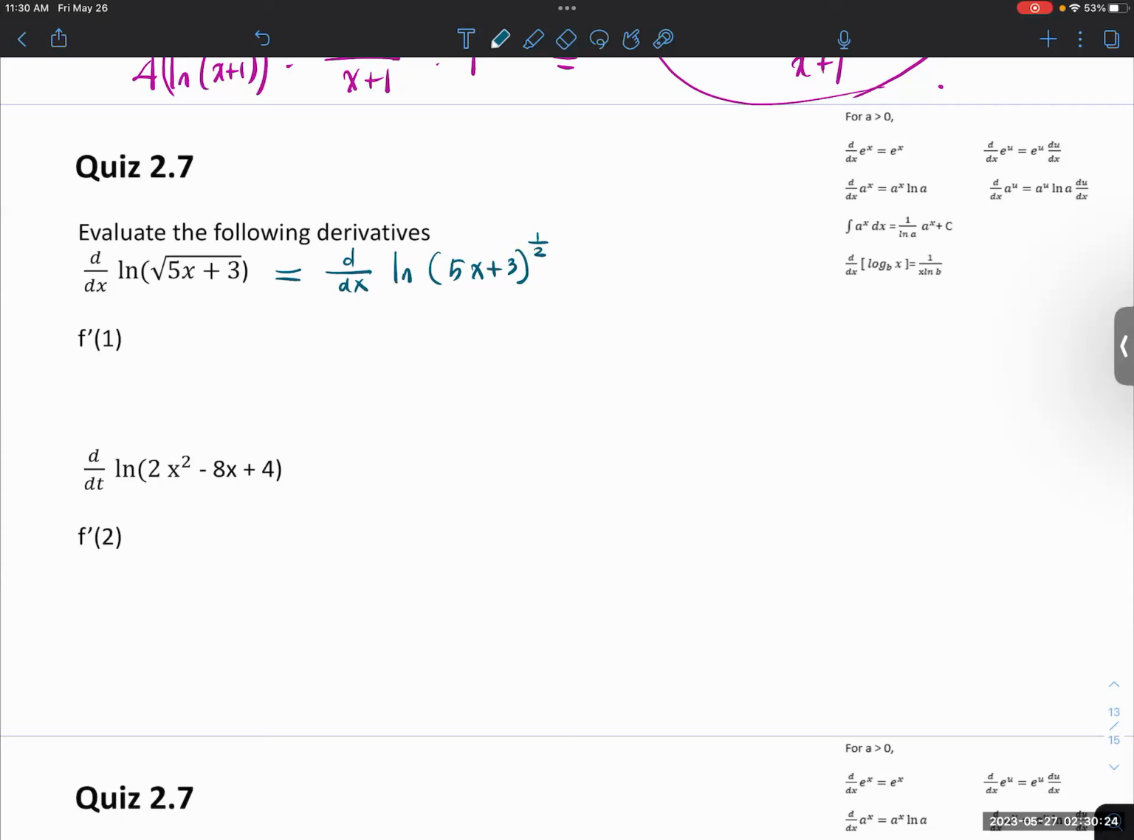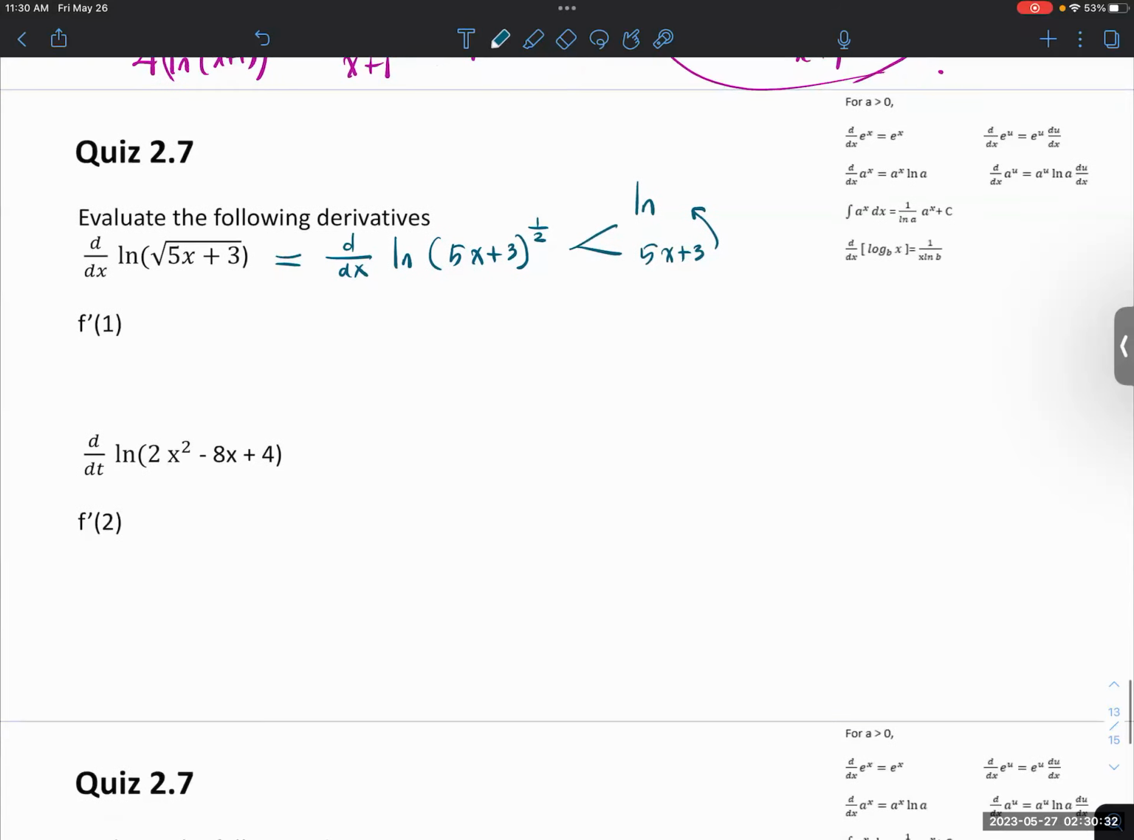So now you see that ln function and 5x plus 3 has been subbed there. So what I'm saying is outside and inside. So we're going to do d over dx ln (5x plus 3) to the 1 over 2. And then inside, we have 5x plus 3. So you have